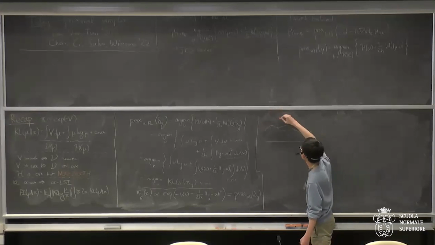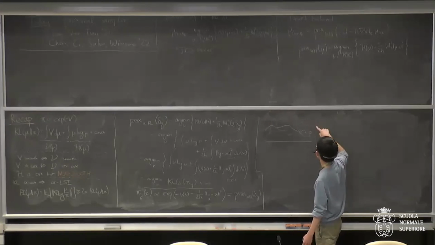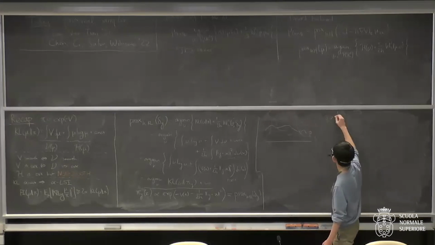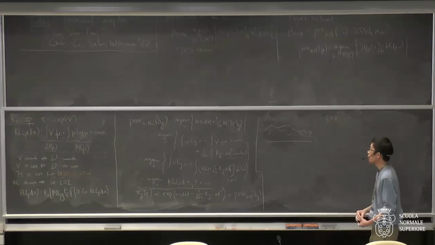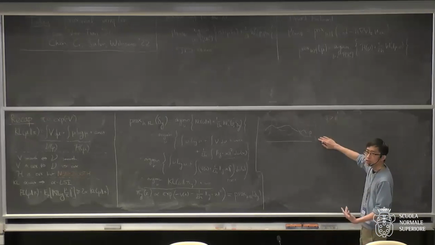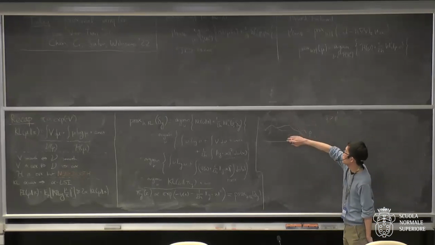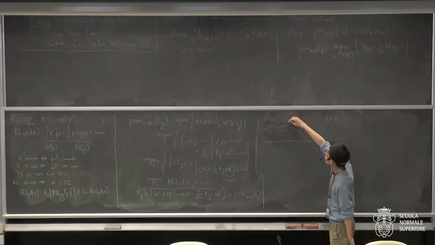Something like this. Okay, so q tilde will always be an upper bound for p. And then what you do is you draw samples from q, and then you either accept it or reject it. And the probability of acceptance is going to be the ratio of, if I draw a sample here,